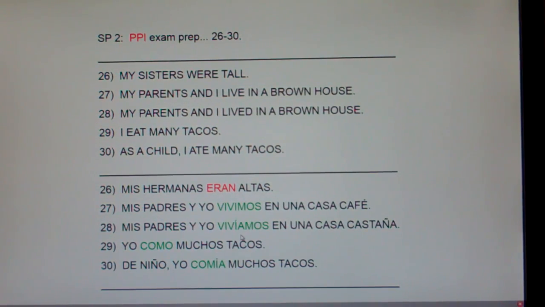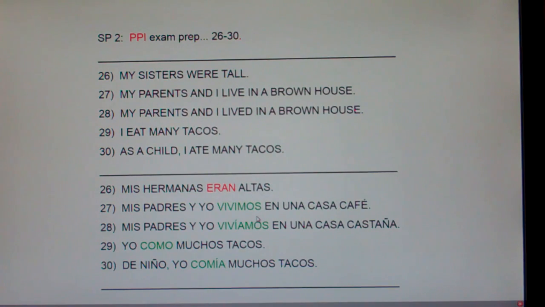Now, let's talk about past tense or imperfect verbs in Spanish. They're very, very easy. 95% of the time, you just go to the infinitive. If it's an AR verb, you chop off the AR and you add a form of aba: aba, abas, aba, abamos, aban. If it's an ER or IR verb like vivir or comer, you chop off the ER or the IR and add ia, ias, ia, iamos, ian.